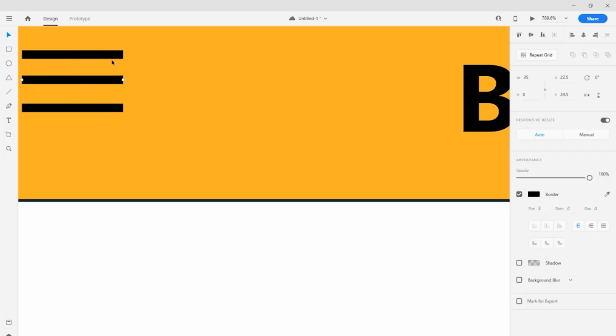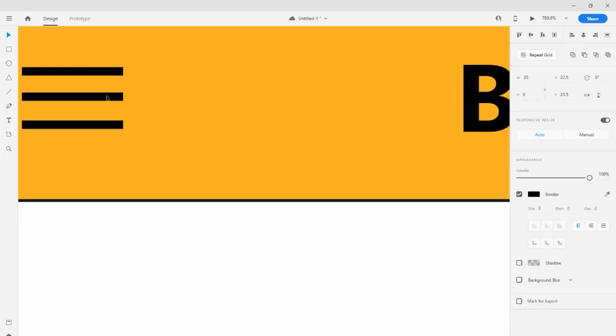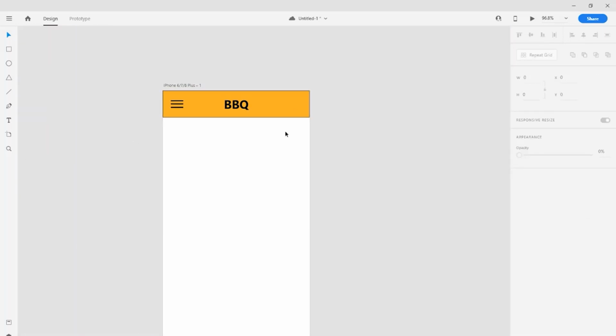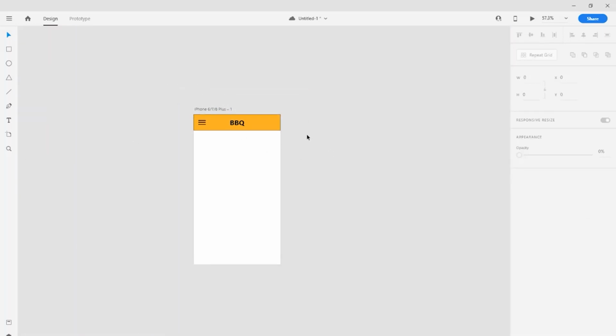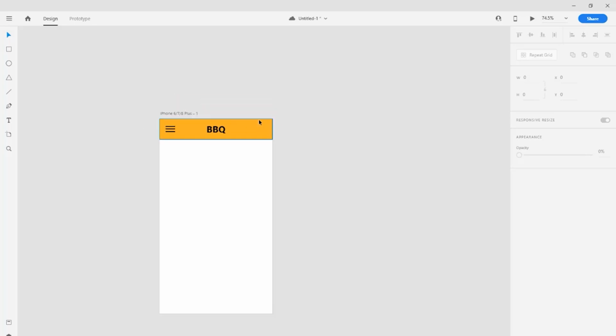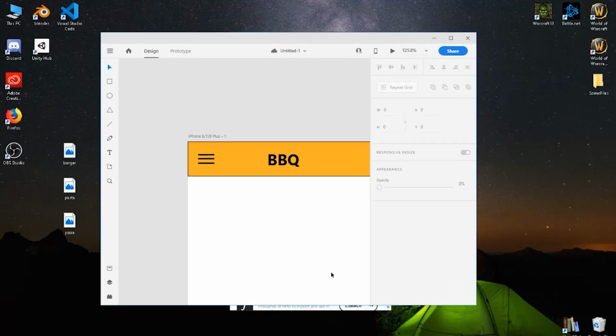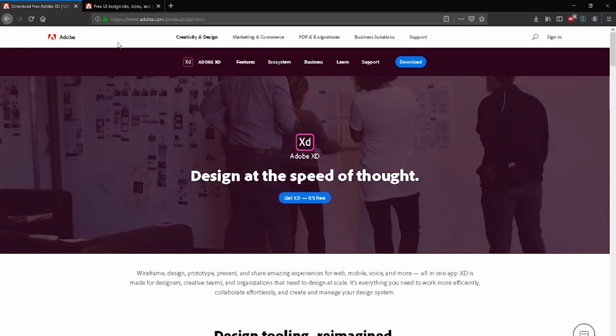All right, and now select all of them and just align them like that. All right, looks great. And here of course you can add an icon for the card. You can download icons and add them to Adobe XD. You have a site here